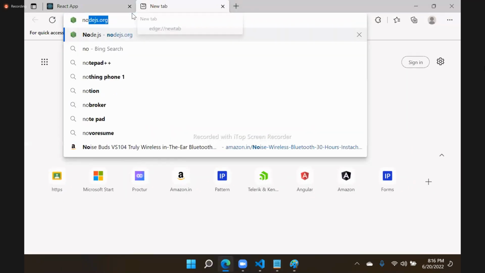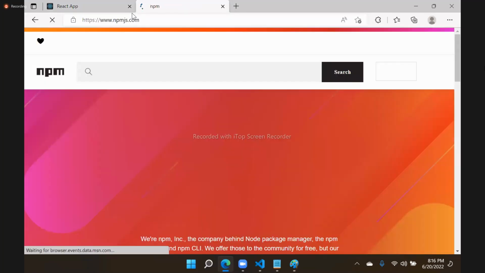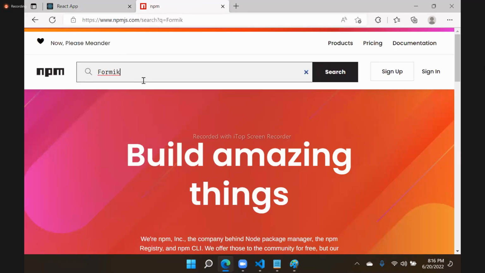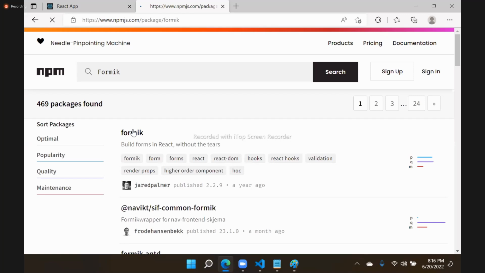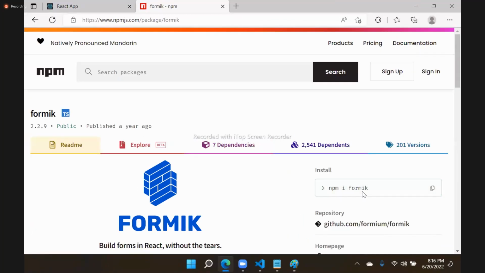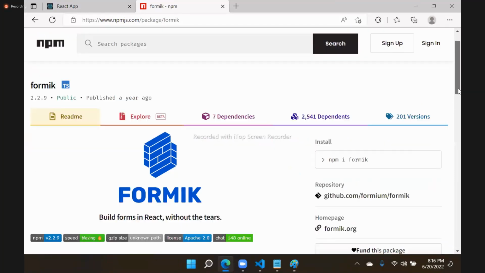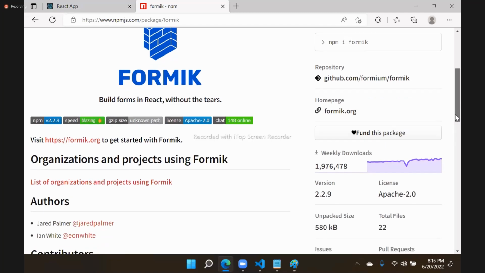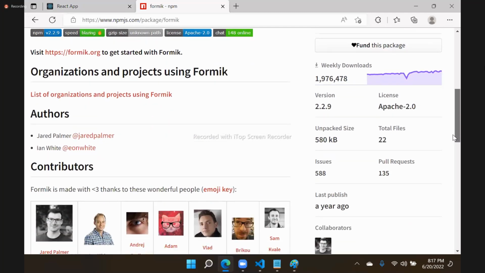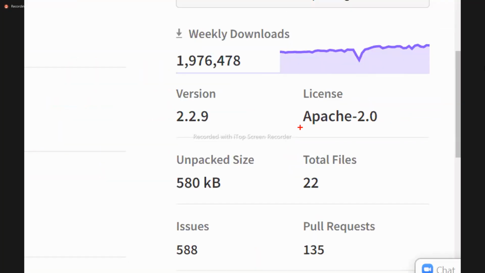npm.js. And in this, I will go to Formik. Formik, you can search directly. Formik is there. And in Formik, it will show how to install Formik. And you can see here the Formik. So this is all the Formik. And this is MIT, this is Apache license. Good. That is the reason many people